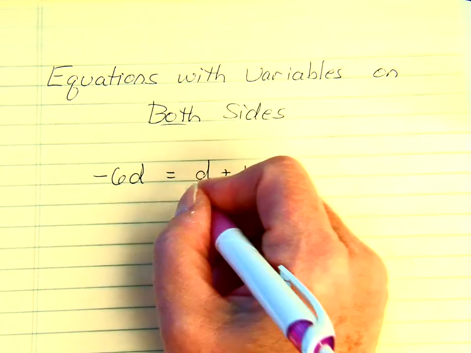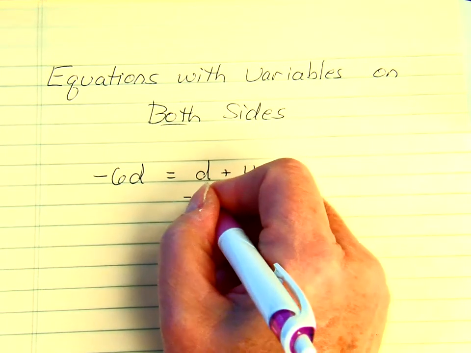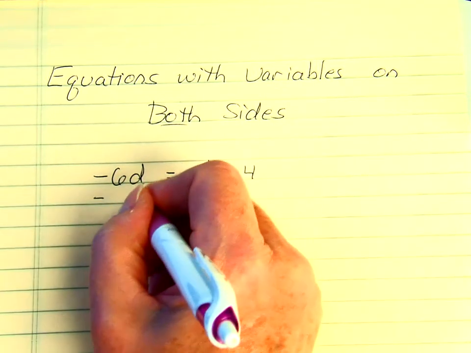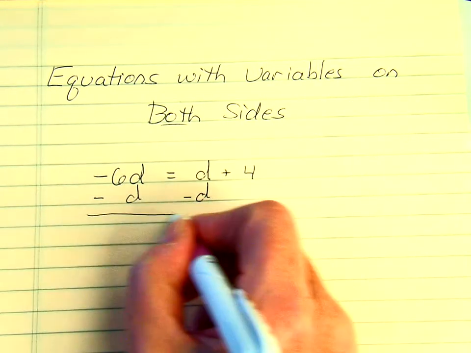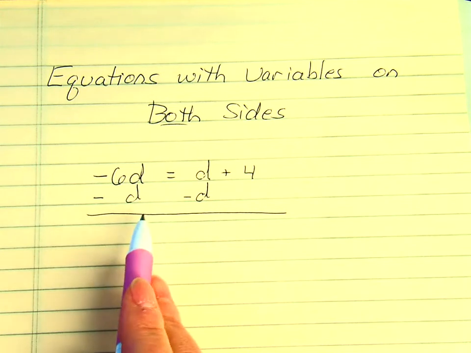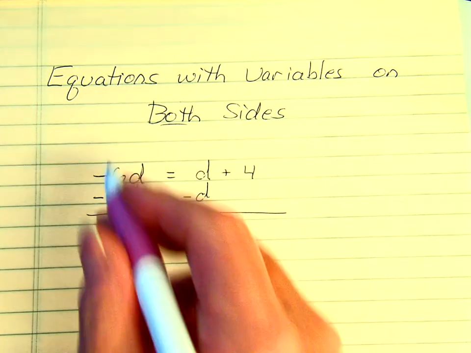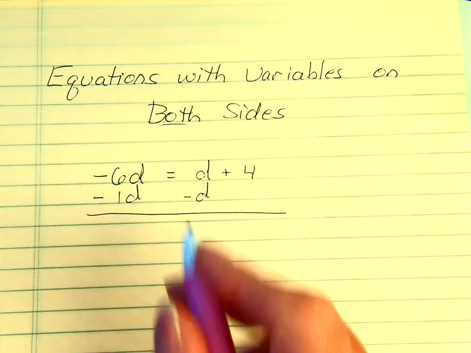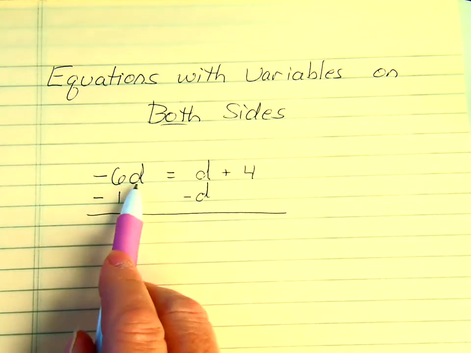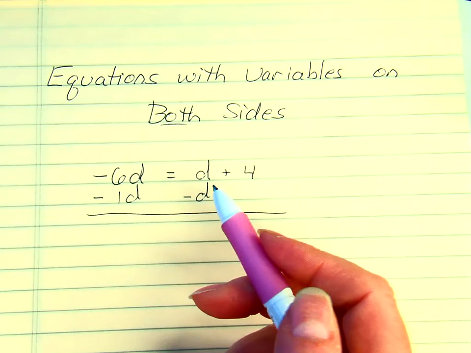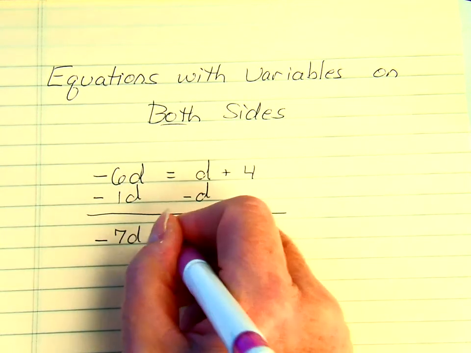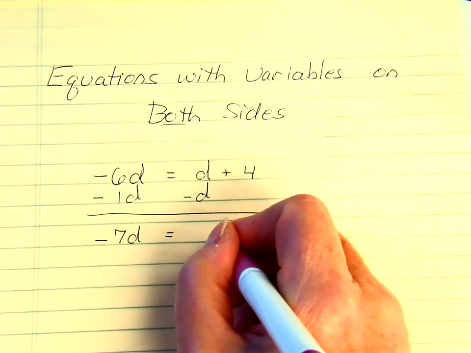We're going to subtract that d, that 1d, from this side, recognizing that even though it does not have a coefficient, we know that's a 1. So negative 6d minus another d gives us negative 7d equal to, and we're bringing our 4